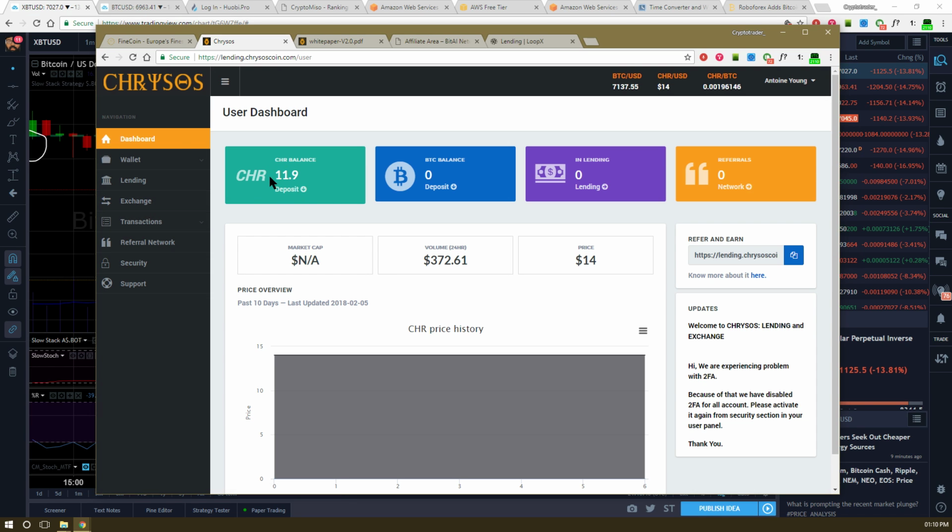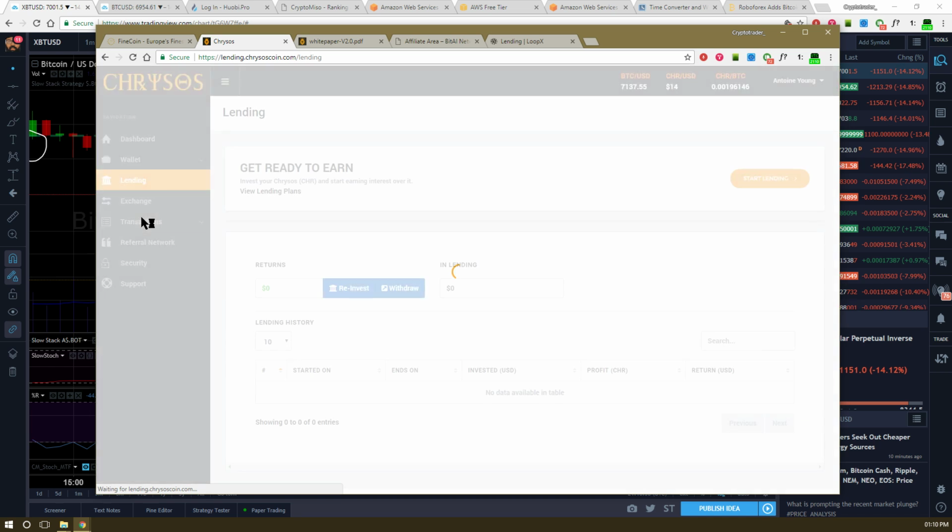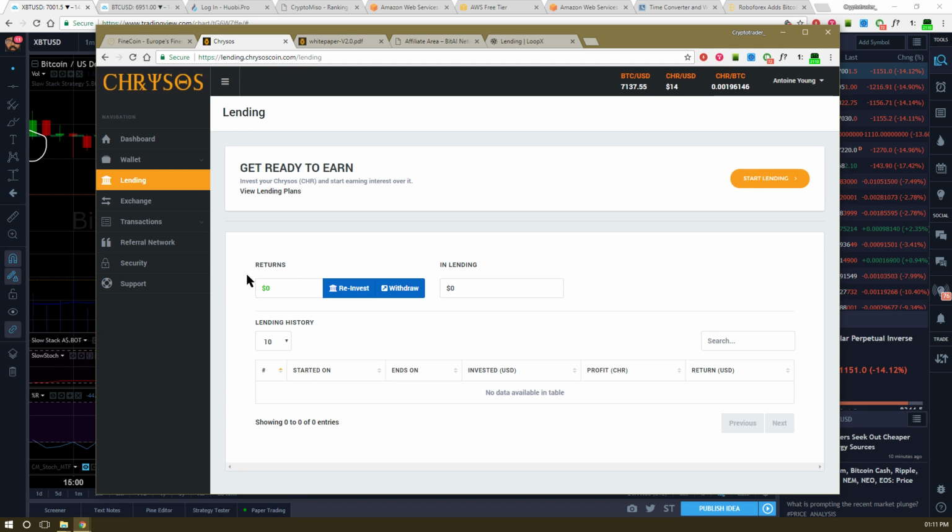The thing about this is when you get your loans, if you loan, you'll start getting a balance in USD. They have a screen that pulls up under lending that'll say your returns right here. You can withdraw it.